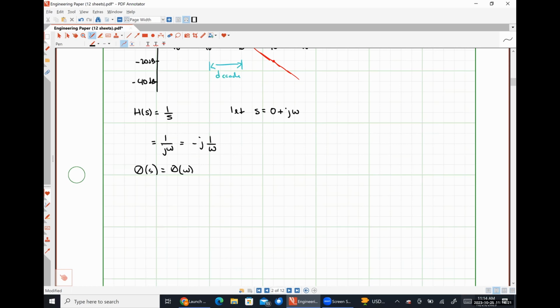Well, if I have a negative j, what's my angle? Negative 90 degrees, constant value. Absolutely right. Negative 90 degrees for all frequencies. So my phase response